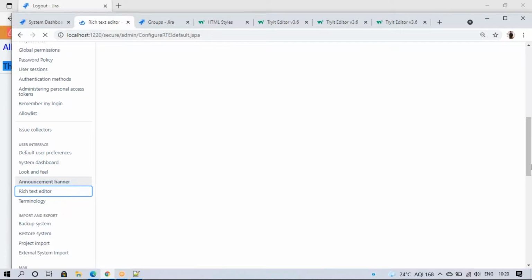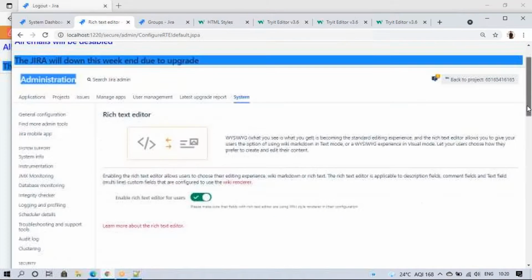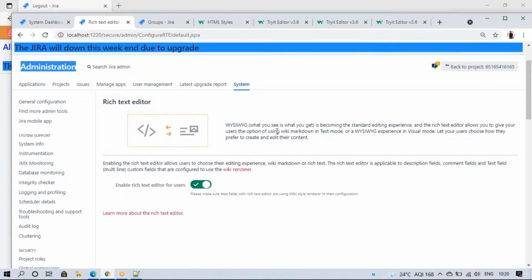So rich text editor as well, same. The code this accepts, wiki markup code will be accepted. So the same for all rich text editors; only when we turn this on can we use coding in all places like wiki renderers.